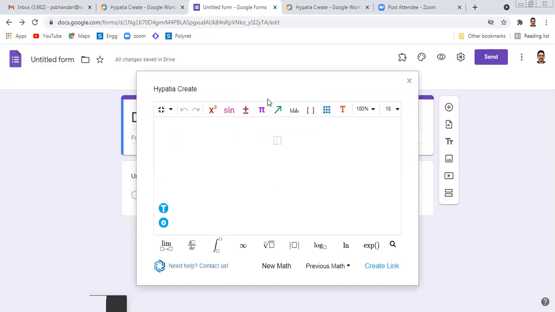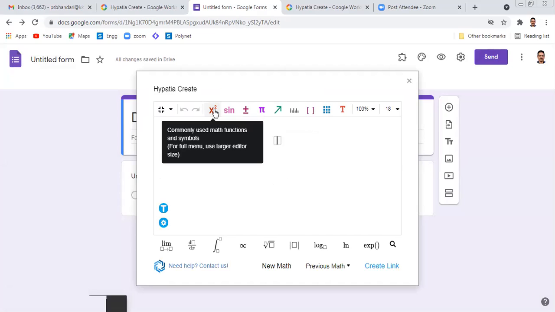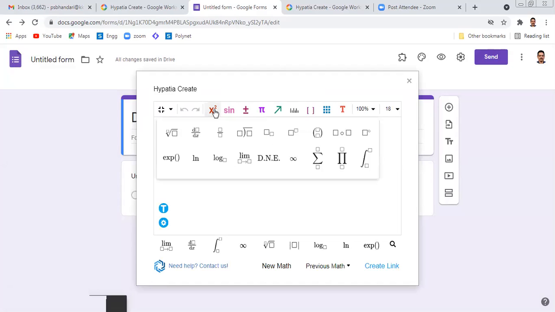Now let us understand the different functions which are available. This x square is a commonly used math function and symbol. If I click on this, you will see d by dx, or power terms like square root of 2 or square root of 3.